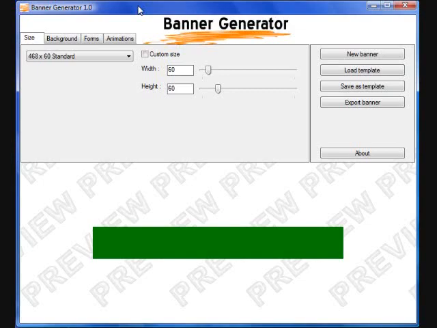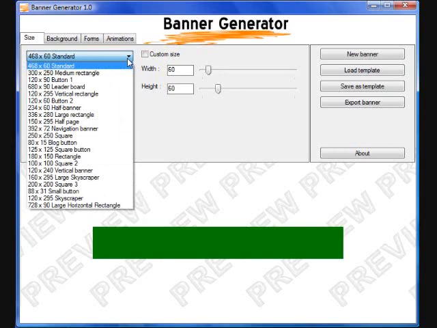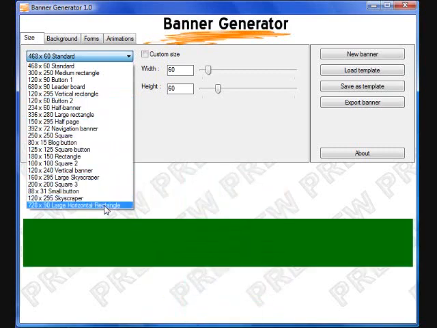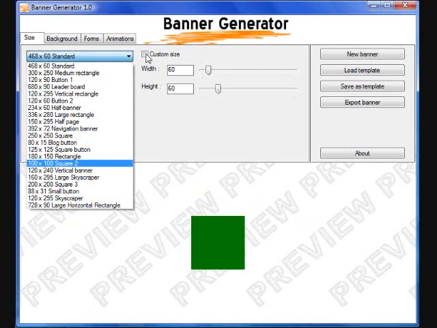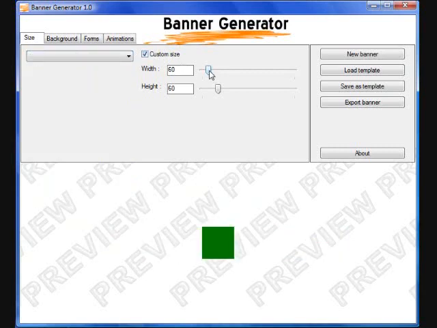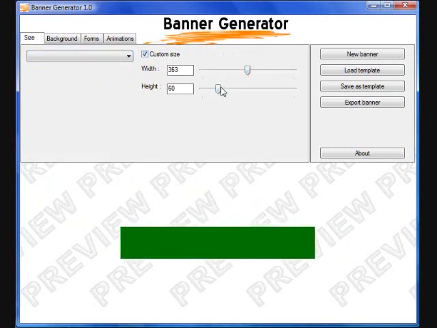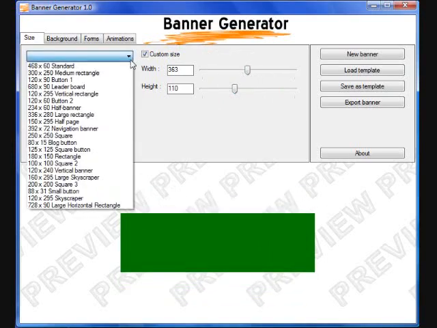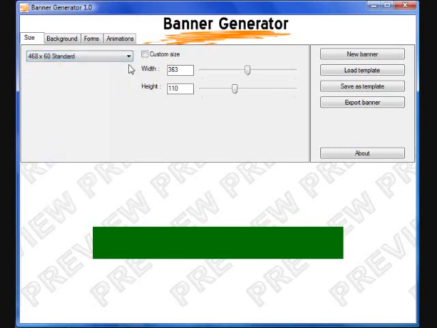In the size tab it's very simple. You just want to select the size banner that you want to create. You can choose from the drop down menu here to the left, and as you can see there's various style banners that you can choose from. Or you can click on the box that says custom size and simply use your slider to get the desired width and height for your banner. For this demonstration we're just going to use a standard 468 by 60 banner, which you see most places on the web. And once we're happy with that, we're going to go to the background tab